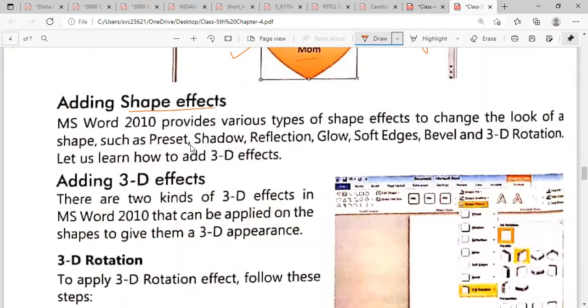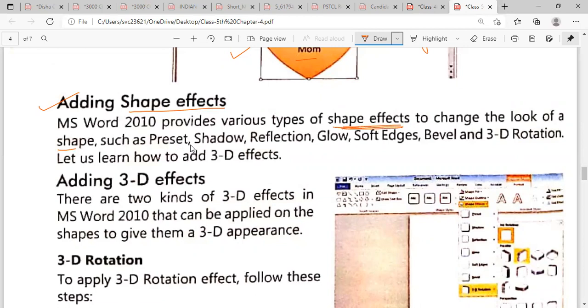Now next topic is adding shape effects. Now how we can apply shape effects on a shape, means on a rectangle, on a triangle on which you want to apply. MS Word 2010 provides various types of shape effects to choose to change the look of the shape. Okay, you can change the look of a shape by choosing a shape effect.